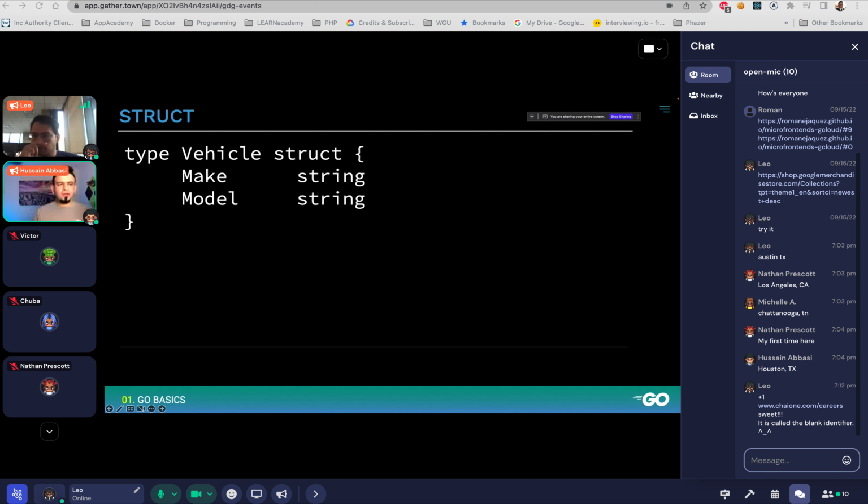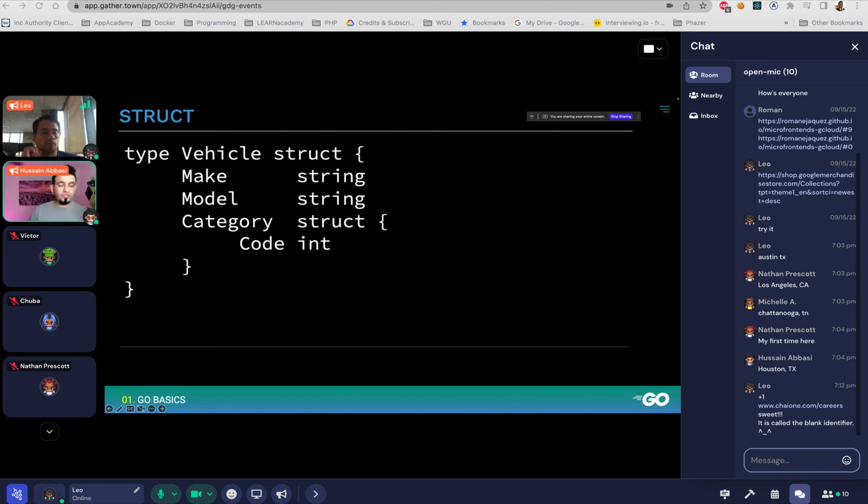The difference is that you may see that sometimes it's an uppercase variable, sometimes they're lowercase, right? So in Go, everything is scoped to a package. So if you want anything to be exported out of the package, you will start the first letter of that variable, function, or method with an uppercase. And if you want it to not be exported and stay within the scope of that package, you just stay lowercase. So in this case, you can see Vehicle and its 2 properties will be exported out of the package, and we'll see what that means.